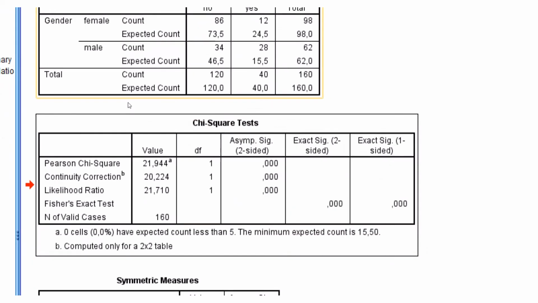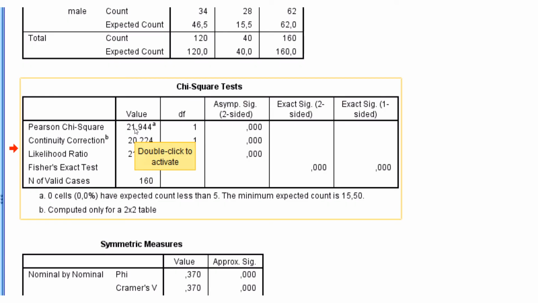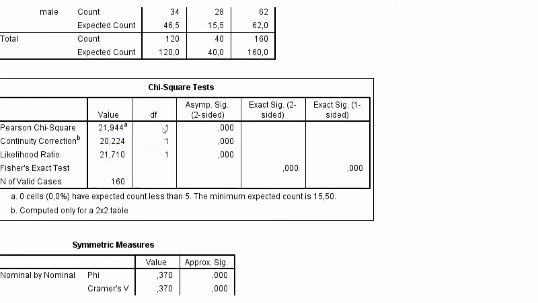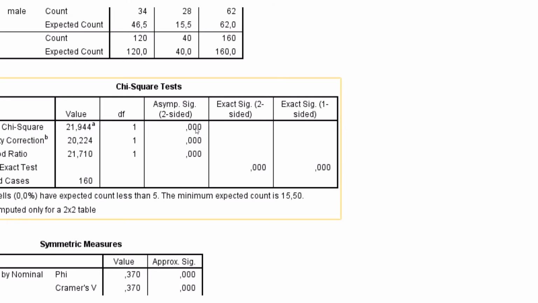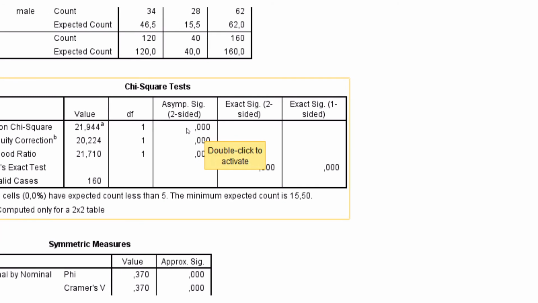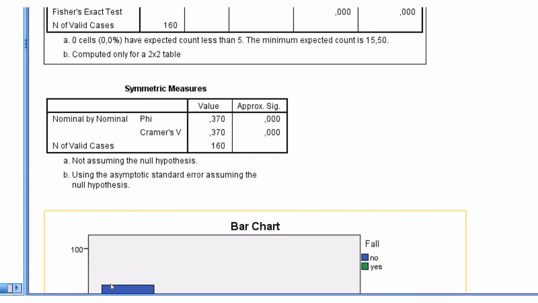And as you can see, this is the statistical test, the chi-square statistical value, which is here. And this is the degrees of freedom. It's a 2 by 2 table, so 2 minus 1, that gives us 1 degree of freedom. And then this is the p-value. Usually in SPSS, when the p-value is less than 0.001, it's represented as it is. So it's very, very significant. It's less than 0.05. So that tells us that there's a highly significant difference, or statistically significant difference, between the